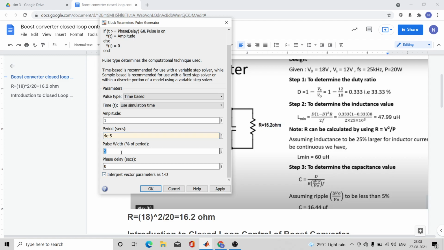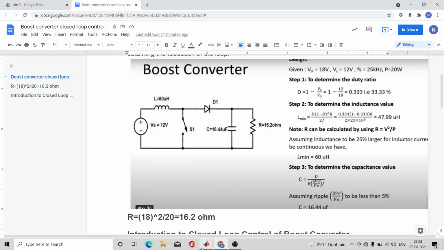What is pulse width? This pulse width is nothing but the duty cycle. And we have calculated that my duty cycle should be 33.33. So I'll put 33.33. This should be the pulse width. This pulse width will decide how much output I want. So apply.